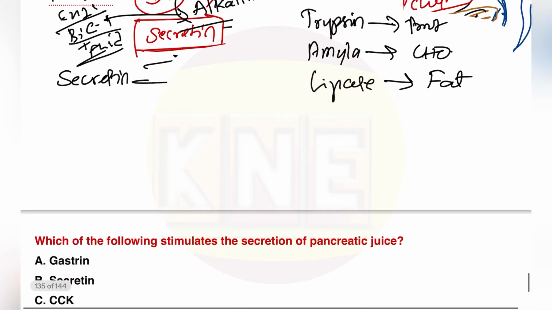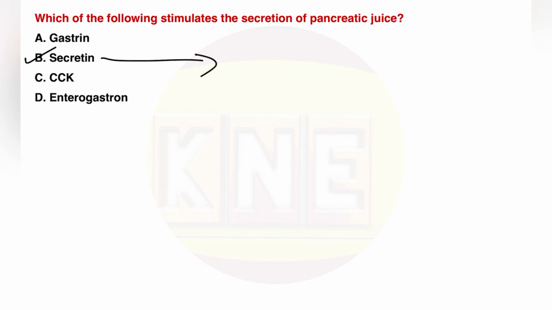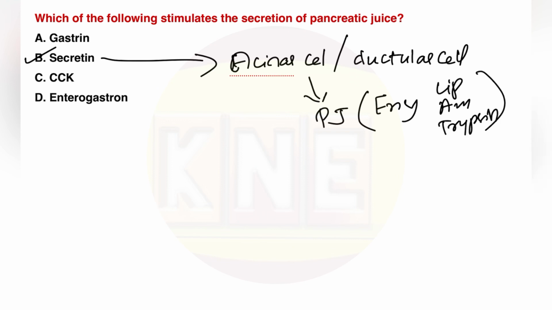Okay, we'll move on to the next question. What they asked is, which of the following stimulates the secretion of pancreatic juice? As I said, secretin will stimulate the acinar cells, or you can call them ductular cells, and it will release pancreatic juice, which contains the enzymes. What are the enzymes? Lipase, amylase and trypsin. Okay, I hope you understood this one. And CCK,